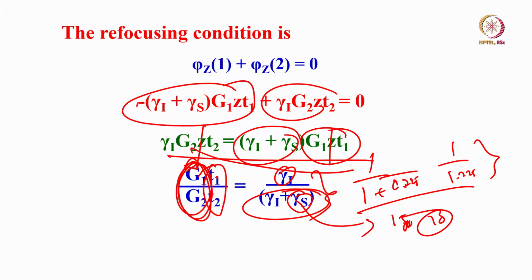Let us say you have a multi-nuclear system. You want to select the pathway for proton carbon. You worked it out. You decide to select the same pathway for proton nitrogen. All you have to do is simply know the gamma of the nitrogen, recalculate the value, and simply adjust the G1 G2 values. That's all. Then automatically you will select the identical pathway for proton nitrogen also. So this is the thing which I was trying to tell you.